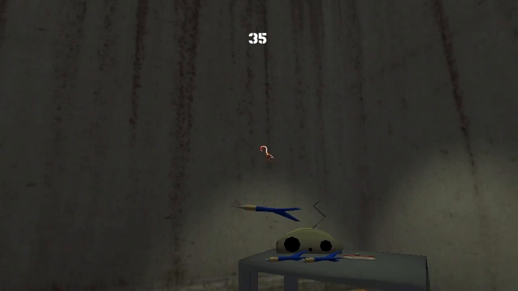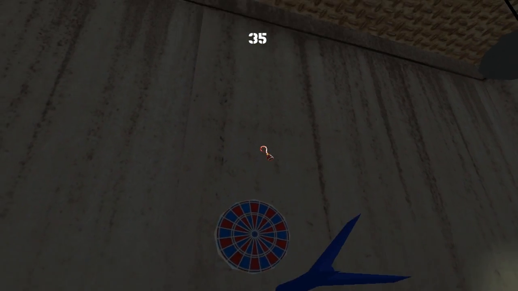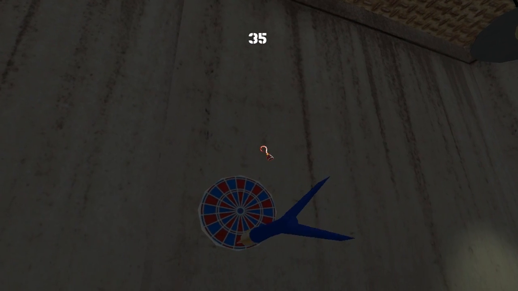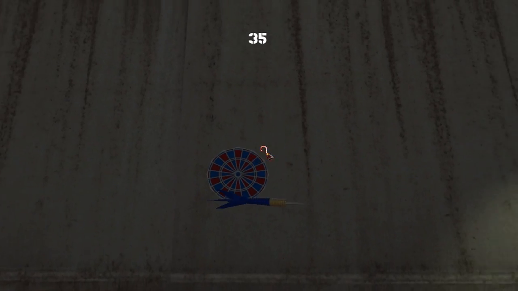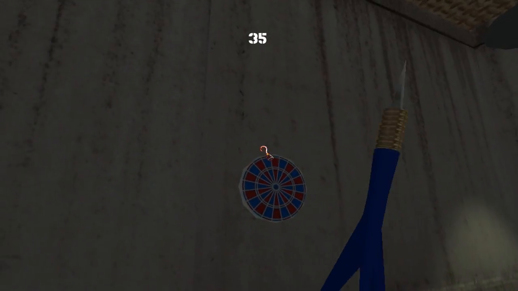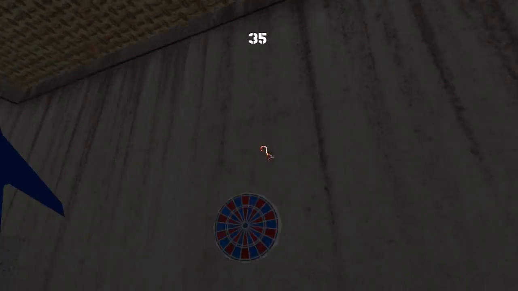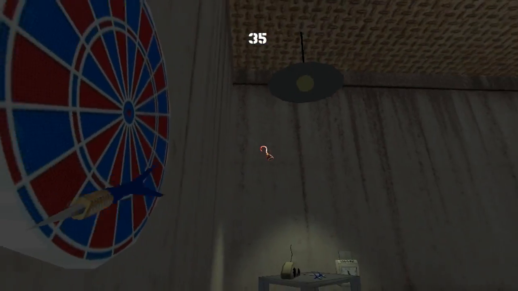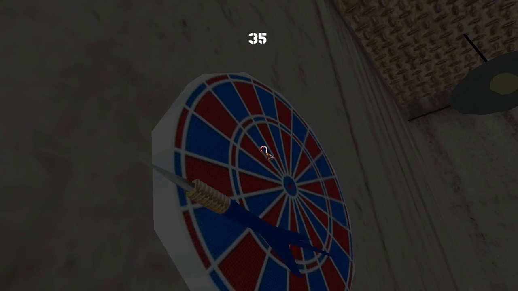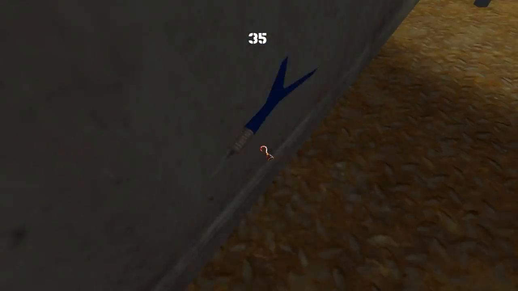And then we've got some darts also, which we can use on this dartboard over here. I'm not really sure how on earth you're supposed to throw the darts. That's not really a thing that this game supports. But if I can get a dart... Oh, come on, don't stab yourself in the eye. The darts are not cooperating. If I can get a dart to face the dartboard and then jam it into the wall...